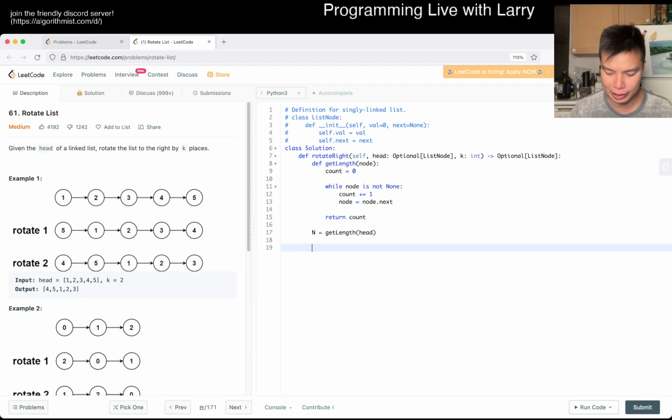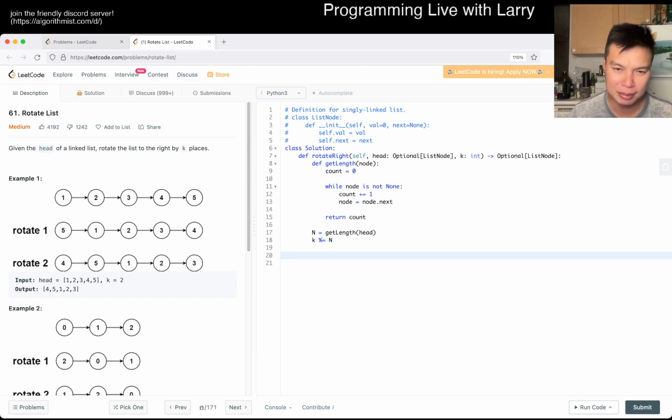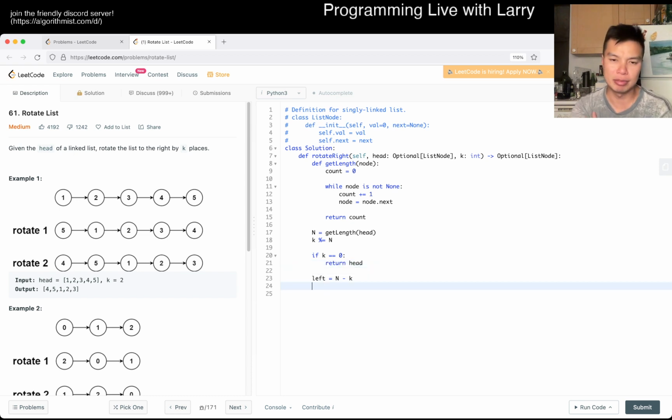So then now k mod equals n, and then left is equal to n minus k, and if k is 0, then we're done, right? So yeah, okay, let's actually do that as well. If k is equal to 0, we return head and we're done. Otherwise we do this work where, okay,